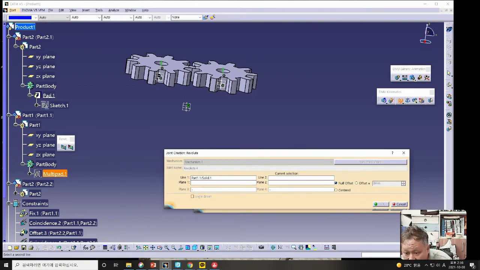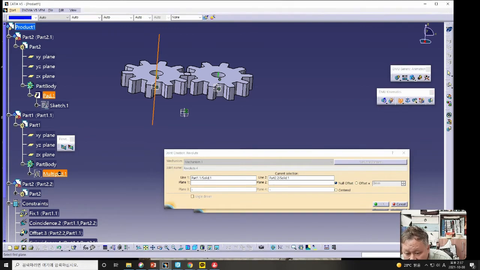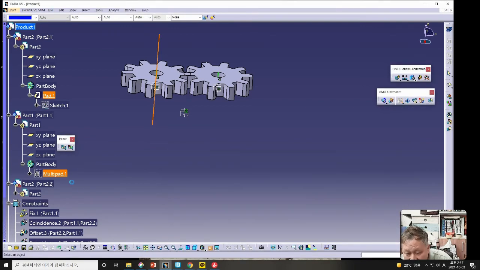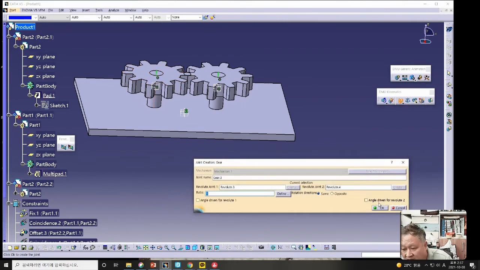Line 2 should be maybe this axis, and please show the multipad again, and in plane 1 this part should be selected, and plane 2 should be this part. Then, okay, if we click OK,